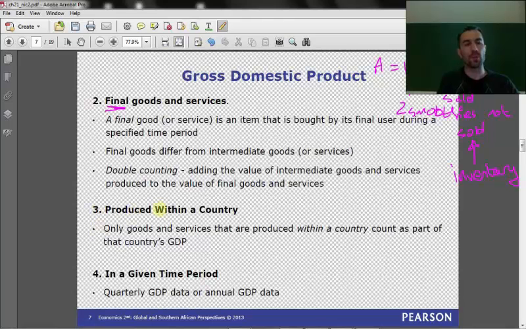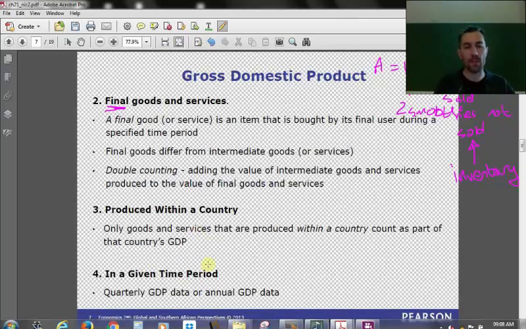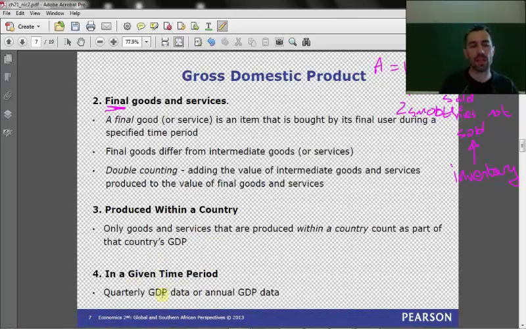The third point, it's produced within a country. So we're going to talk about the GDP of South Africa. It must be GDP that is produced by South Africa. Okay? The GDP of China is produced by China. The GDP of Tanzania is produced by Tanzania. Okay? And then within a given time period, what we mean is when we calculate GDP, we normally give it with the time,